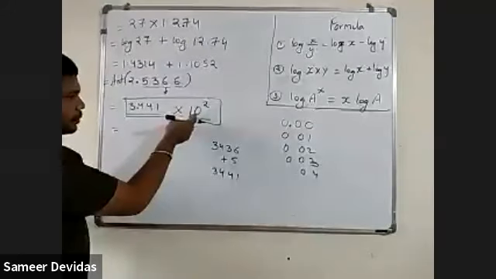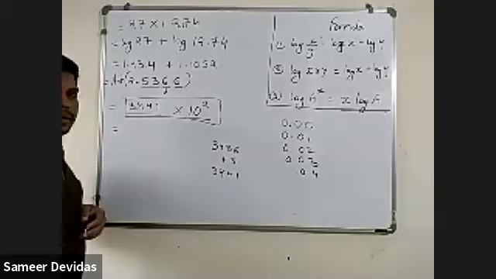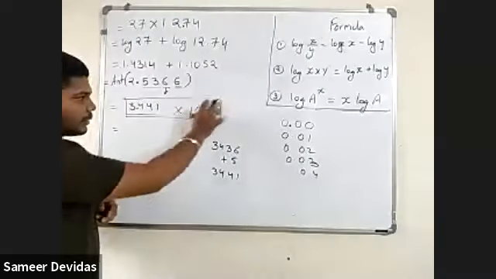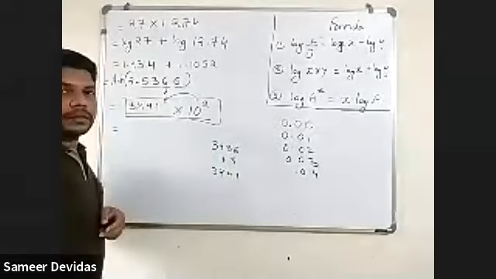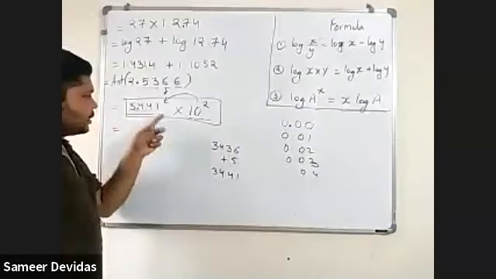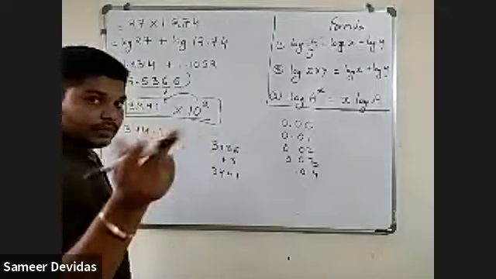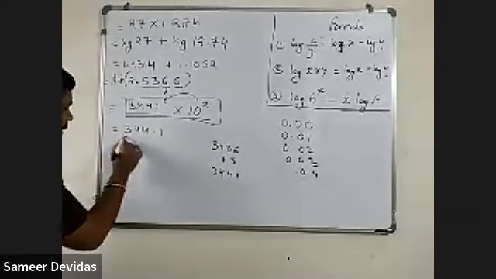When you substitute 10 raised to 2 in this, what answer will you get? I don't want this 10 raised to 2, so I will put it here. How will we shift the digits? Right hand side. So it will be 3441.0. Am I right? Yes, sir. Please see the shifting of the decimals. That is one more important concept. You need to learn this. Shifting of the decimal. Today only you see. This is the answer.